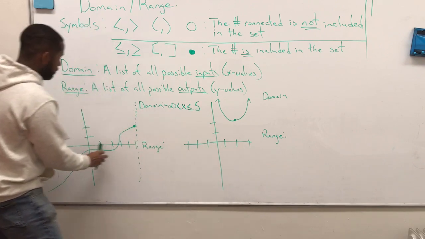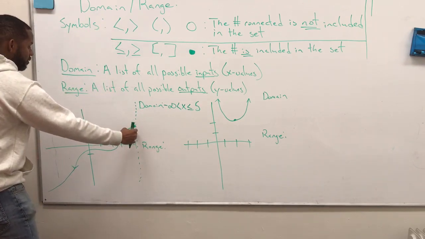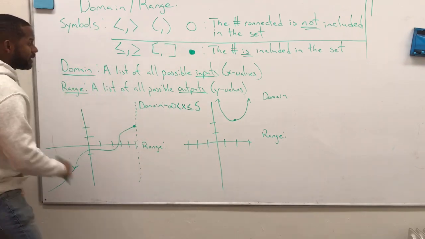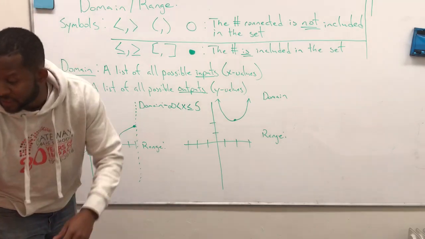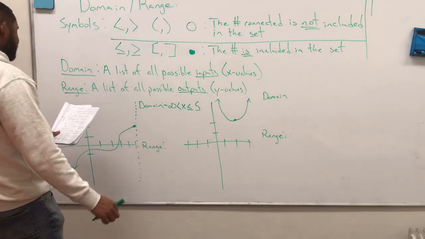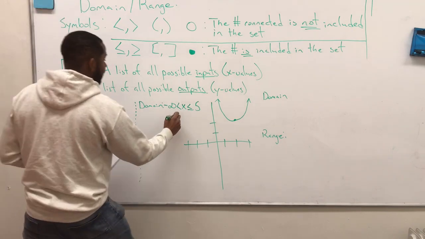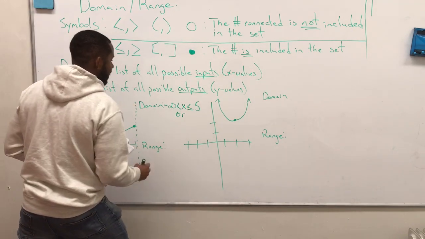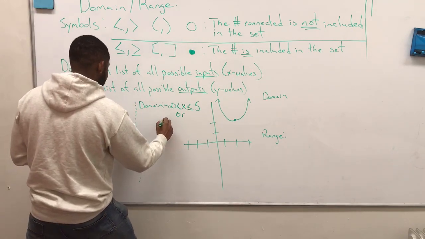Everything between these two numbers is my domain. This is where the graph is happening. Everything less than here. But there is a second way that you can write that. So the other way that you can write it, which is newer, which we haven't seen before, is going to say